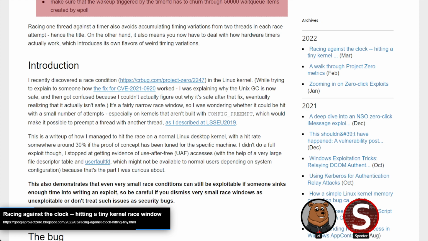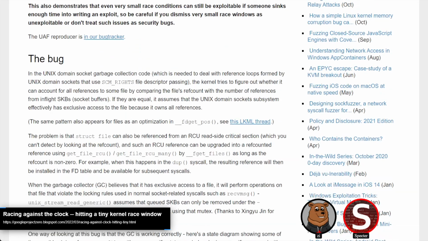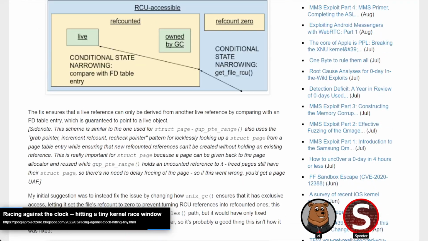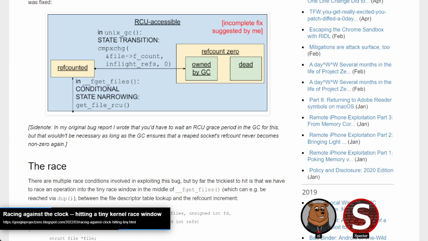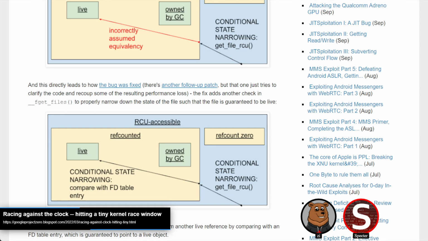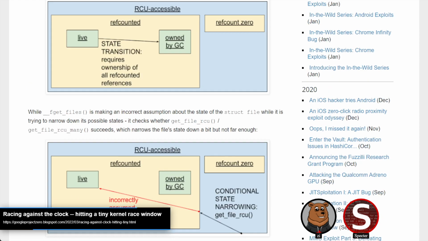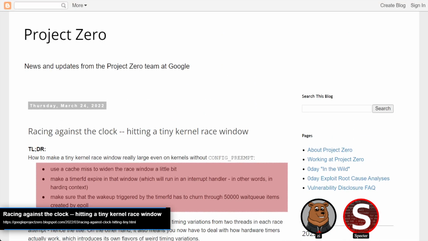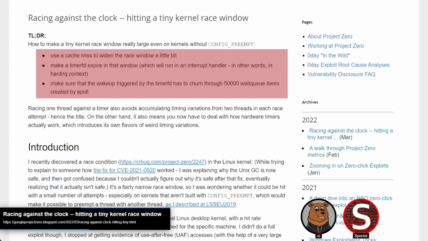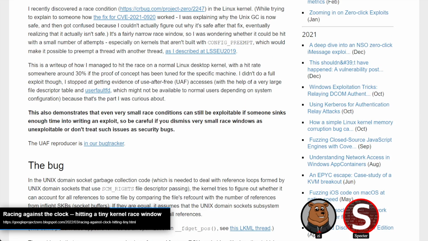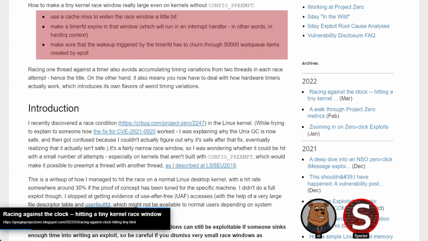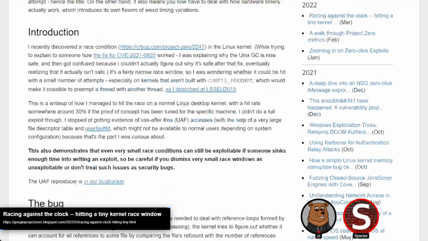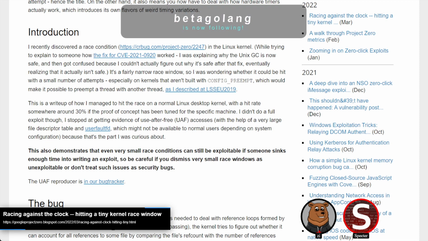But still, I took a quick glance through this post, and there are some cool tricks in here that I totally wasn't aware of. So we wanted to give it a bit of a shout out. It does go pretty deep into the cache level and the interrupt level, because basically their tricks involve using high resolution timers to try to get an interrupt fired inside of a race window to process a bunch of events, or abusing cache misses to try to get memory accesses to take longer. So it does go a little bit under the hood of what you might be familiar with,